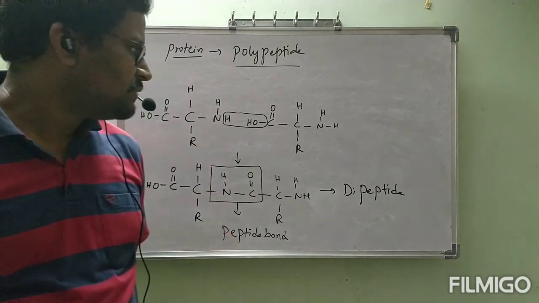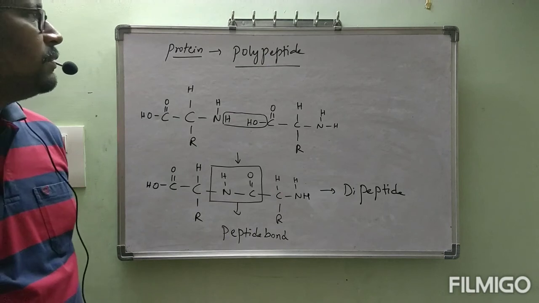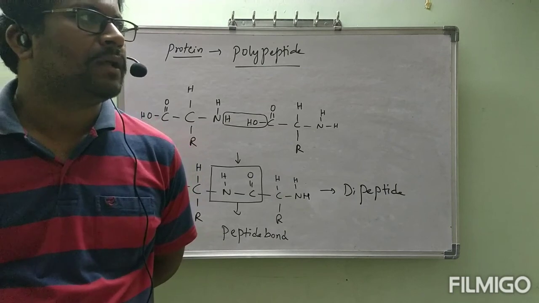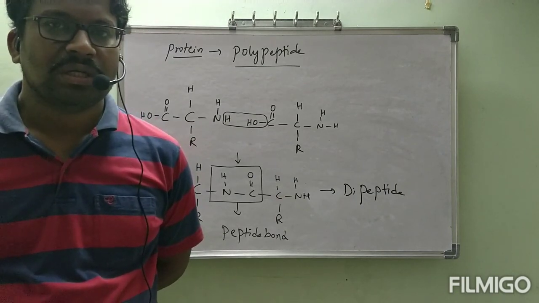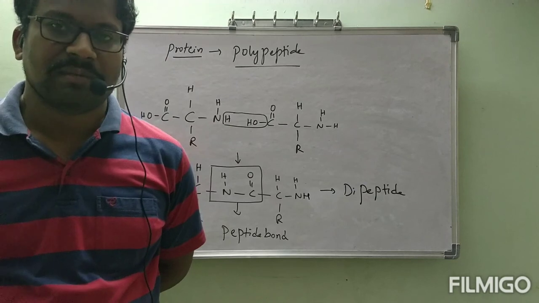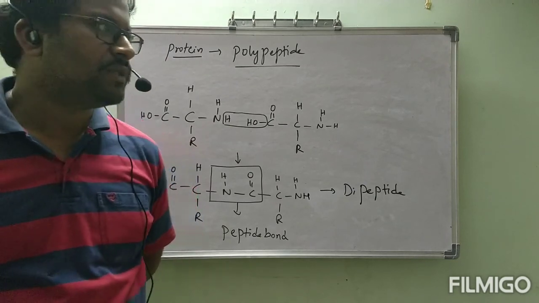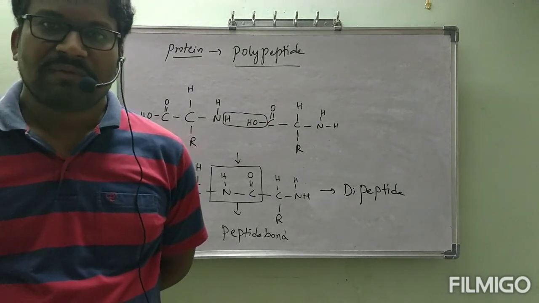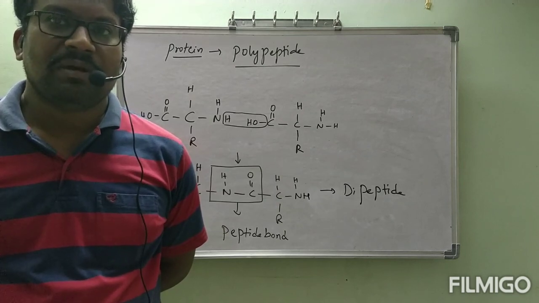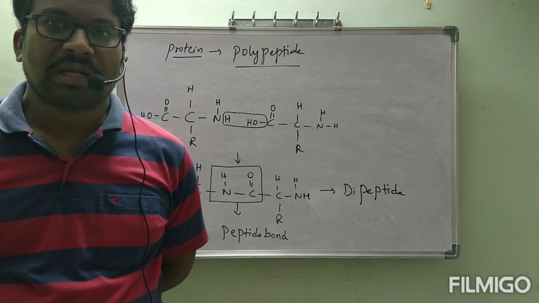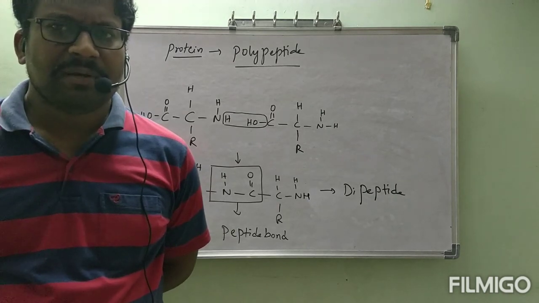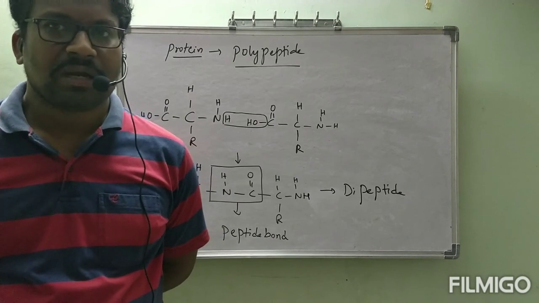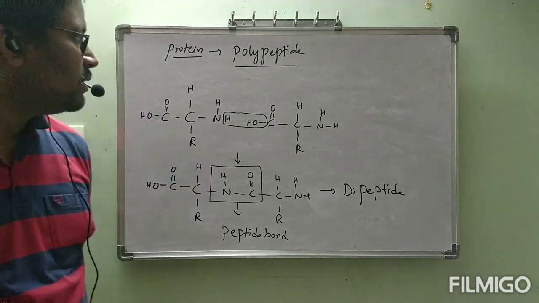By today's class we have completed up till now: structure of starch and structure of cellulose. After that we started with proteins. Before that, amino acid structure and classification of amino acids. Once you go through the tabular column, and your biology book, you will understand which are essential amino acids and which are non-essential amino acids.